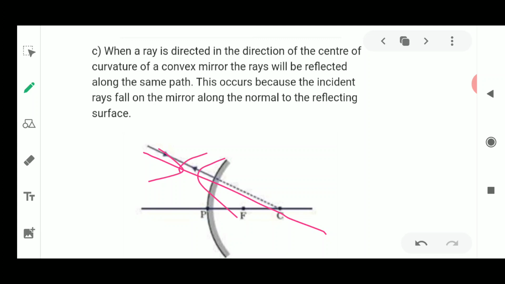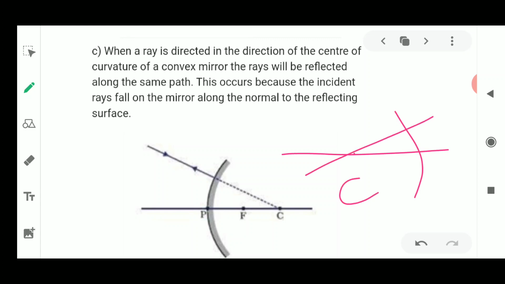Okay, so this was about the third rule, and we have discussed the same rule in the case of the concave mirror, where the ray of light was coming from the center of curvature. When it comes from the center of curvature, it passes along the same path after reflecting from the surface. But in the convex mirror, the reflecting side is the bulging one. So when the ray of light appears to come from the center of curvature, it is going to pass back through the center of curvature again. Okay, so this is how we are going to see this rule, according to which the ray diagrams will be drawn.